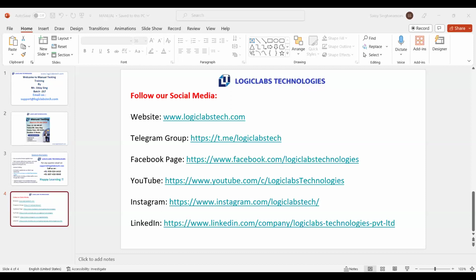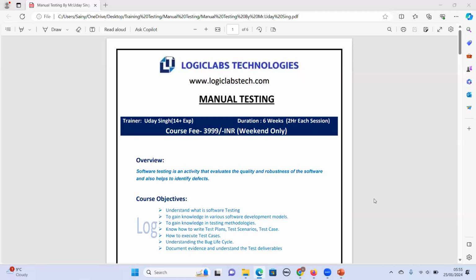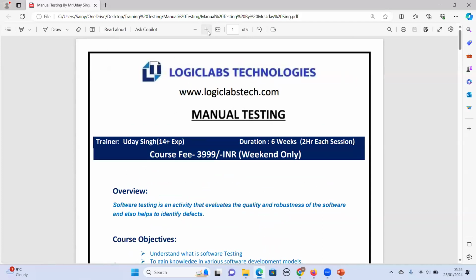I'll do screen share again. Are you able to see the course content now? Yes. Okay, fantastic. I'll expand this so that you can see it also.